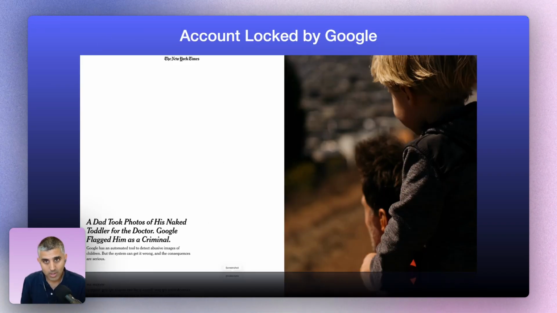The next one is being locked out by Google. So I remember reading this story at the time during lockdowns, but it's now paywalled. But I thankfully found the article from the New York Times here. And this was a story where, because everyone was in lockdown, a guy's child was having some medical issues, and the doctor had asked him to send some naked pictures of his child so he could assess the medical issue. Now, as soon as he did that, Google's systems flagged him as a criminal because obviously it was flagged as